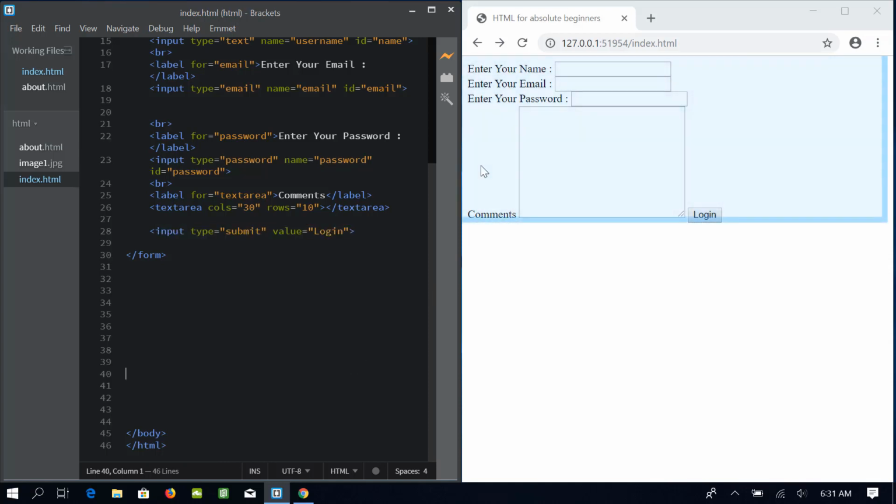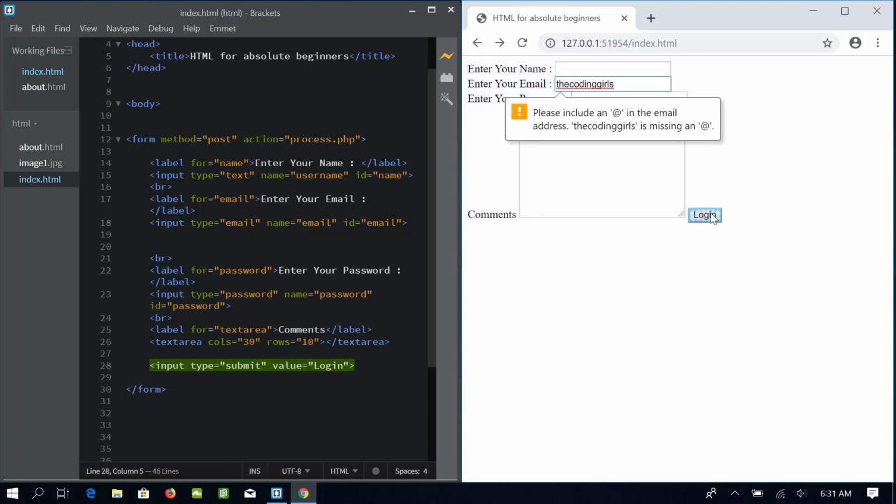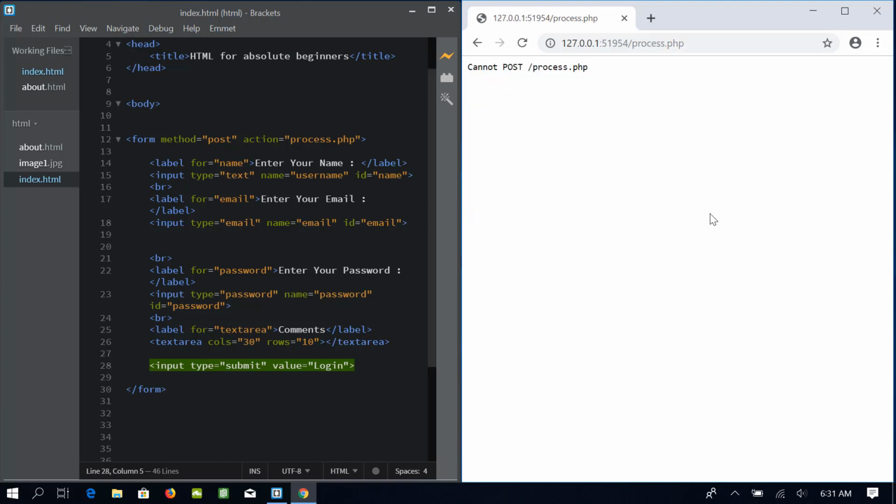Before I end this lesson, I will tell you something more about the email element. So let me enter the email, the coding girls, and press login. You can see that we get this message that this is not a valid email. So by using the email input, we are adding some basic validation to our forms. If I complete the email by adding .com@gmail.com, click on the login button and our form is submitted without any error.